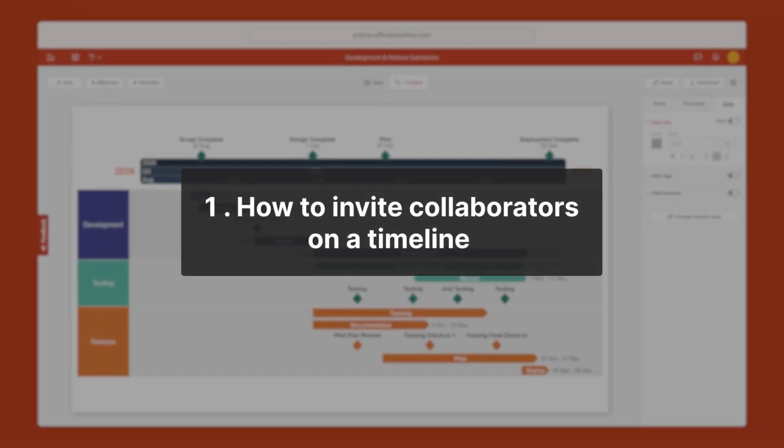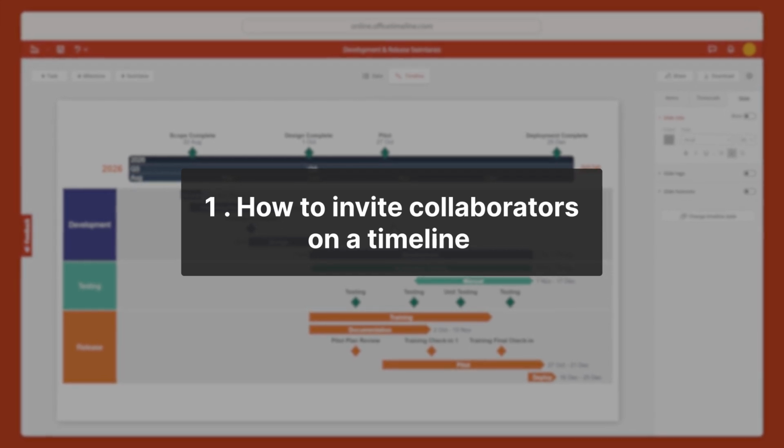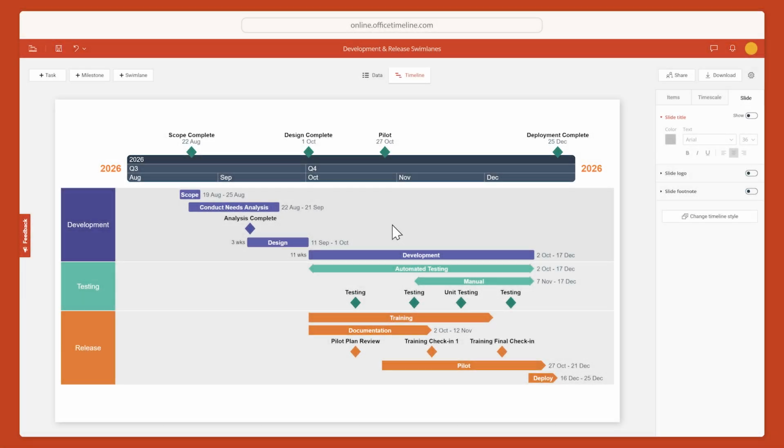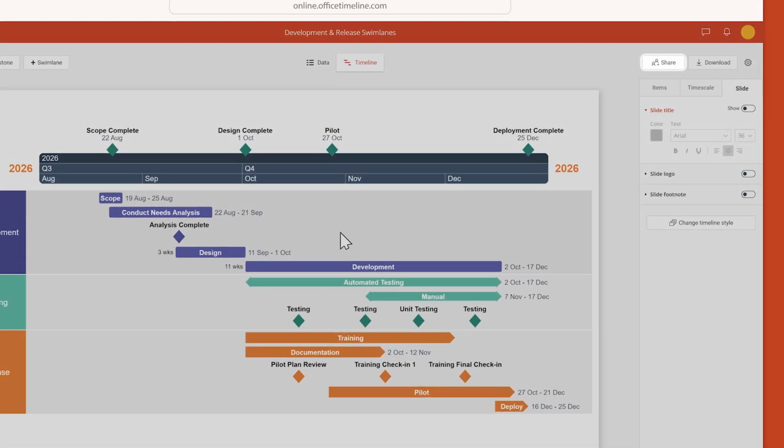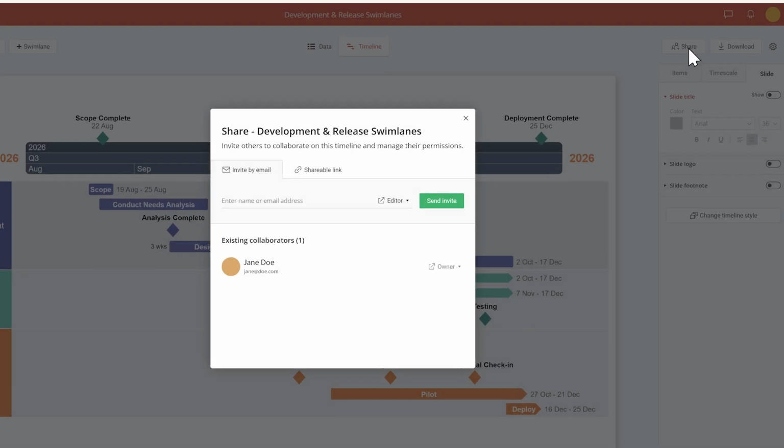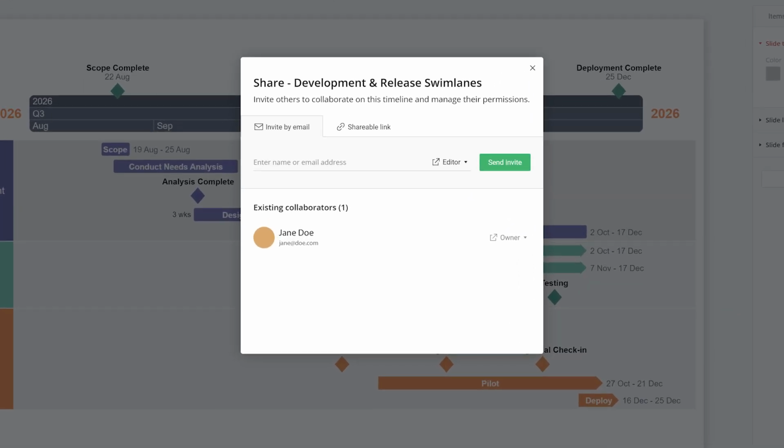First, let's talk about how you can invite collaborators on a timeline. With your timeline open, go to the top right corner of the screen and click on the Share button. In the Share window that pops up, on the Invite by Email tab, type in the email address of the person you wish to invite to your timeline, and then set their permissions from the small drop-down menu on the